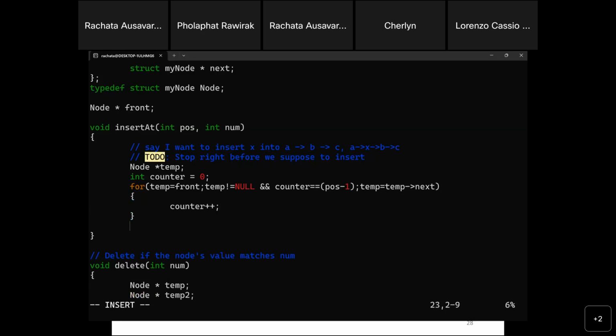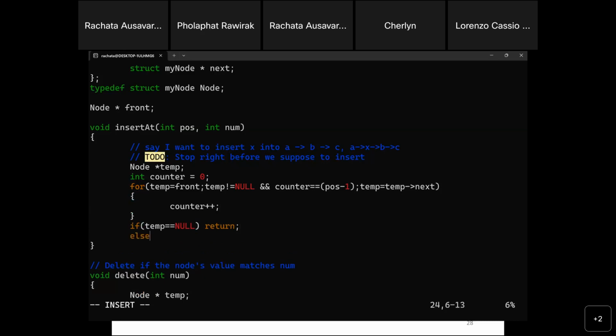Okay. So now, after I'm in this loop, I'm done. I know where I want to insert. Two things can happen. Position is longer than my list, right? This means what? What would cause my loop to finish? The null condition. So temp equals null. If temp equals null, return. I don't do anything to my list, right? Because my position is way longer than my list. Else,